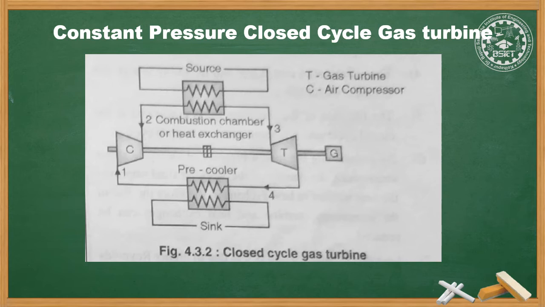Due to expansion of air in the turbine, mechanical work is obtained. Net power output is obtained at the turbine shaft. The net power output is the difference of turbine work and compressor work because the turbine and compressor are mechanically coupled. To start system operation, the compressor is provided with a starter, and the turbine starter is cut off.